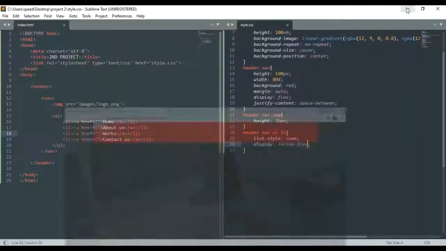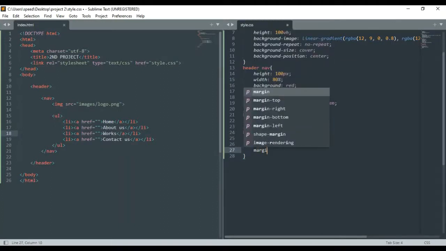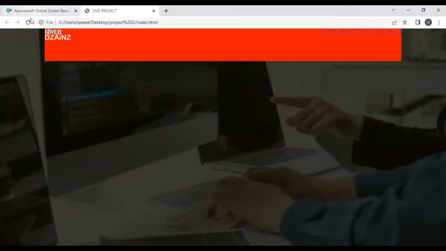Inline flex, and let's put margin right. They are closely together, so let's put margin right of about, let's say, 40 pixels. Okay, so if you view it now, you see how it looks. All right,